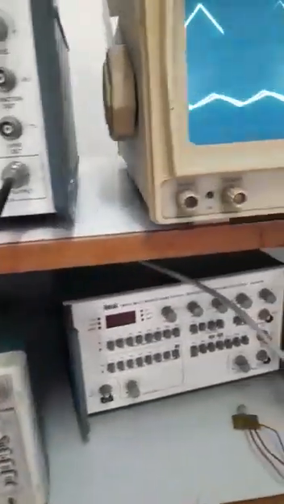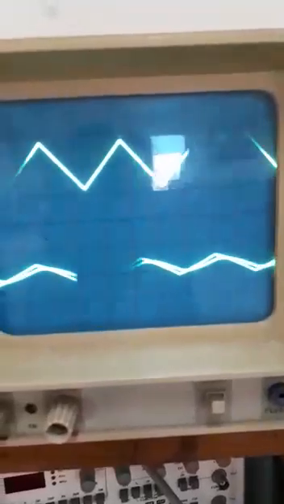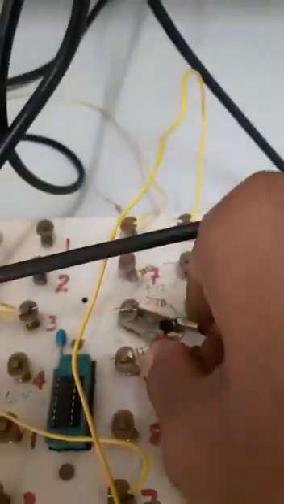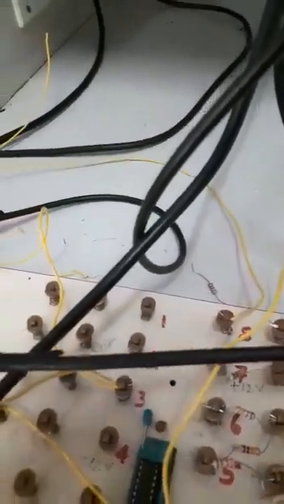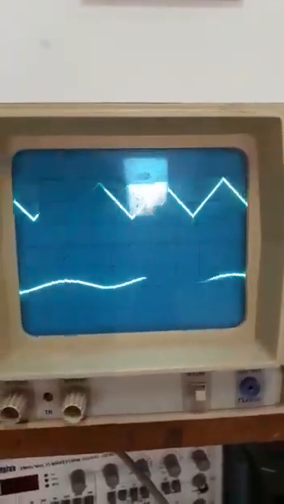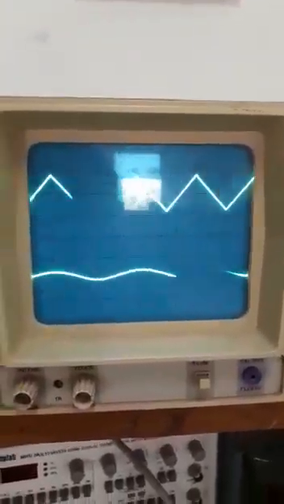So now after the low pass filter, at pin number 13 we are going to get a triangular wave. So now I am going to connect this after the filter output. So now let us see the filter output. You see here, this is going to be a sine wave which we are going to get at the filter output. Similarly we take the filter output at pin number 13.